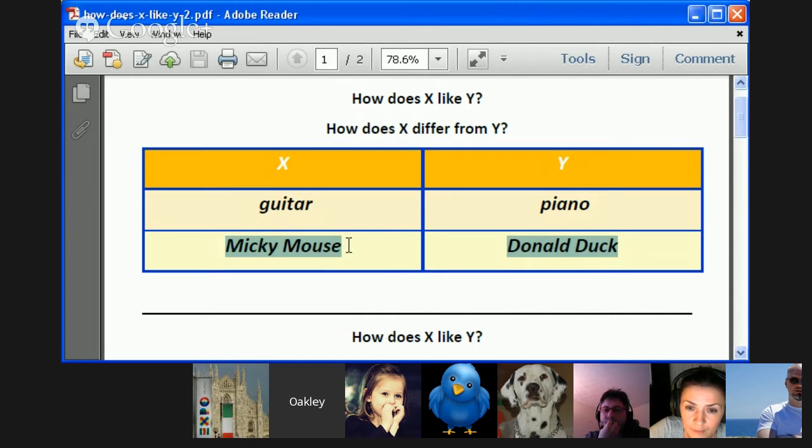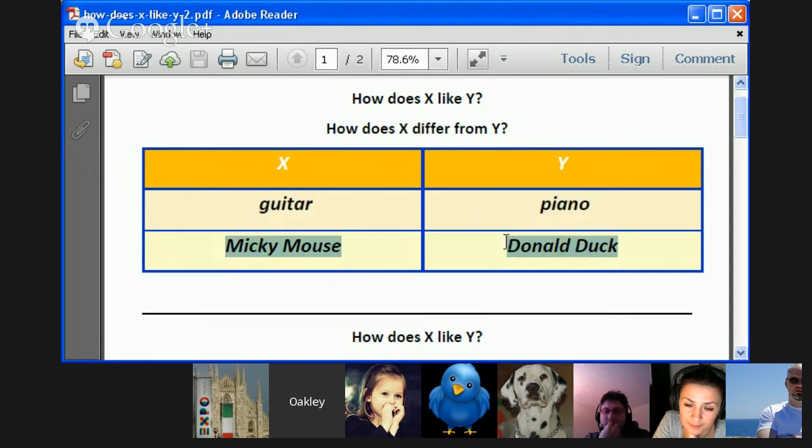Mickey Mouse is dead. That's morbid. Donald Duck is alive. Donald Duck is alive and living in my spare bedroom. That's the difference. I'll tell you a difference between a guitar and a piano. I've seen a chicken play piano on YouTube, but I've never seen a chicken play guitar, ever. And that's the truth.